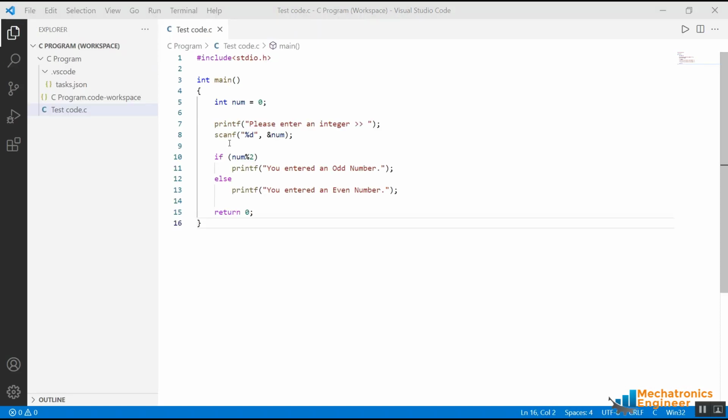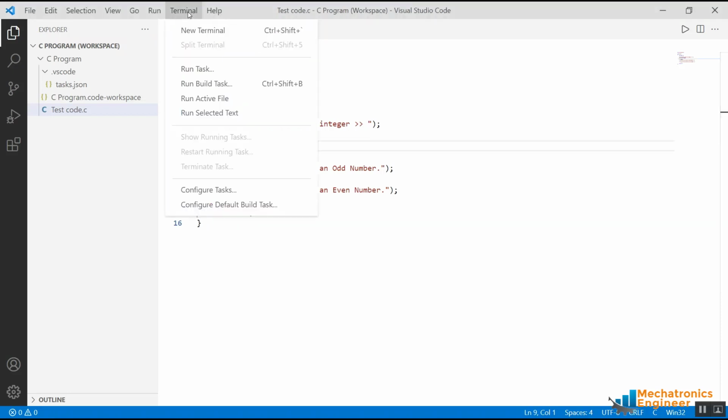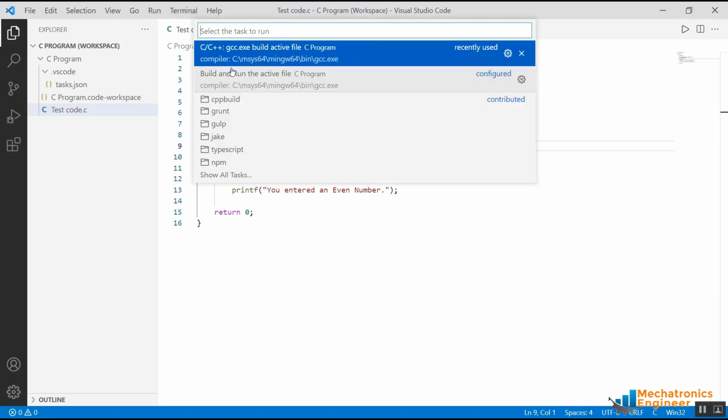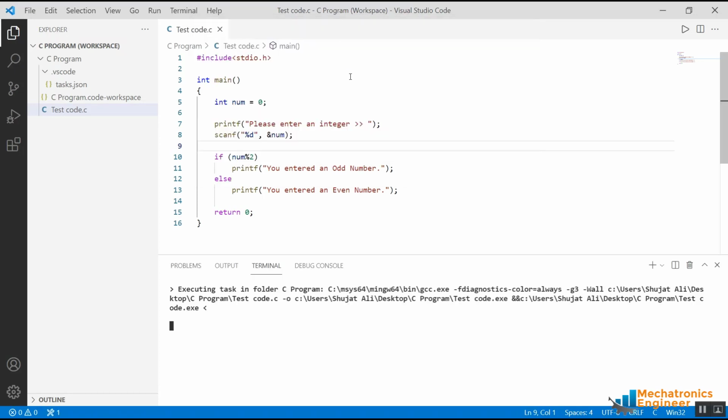So now what we will do, we will build the task and generate an executable file from the source code and also run it by using the task that we generated. For that, go to the terminal and select run task. So you can see there are two tasks available that can be used. This is the default task that was generated by the extension, and this build and run the active file task is the task that we recently generated. So click on it,